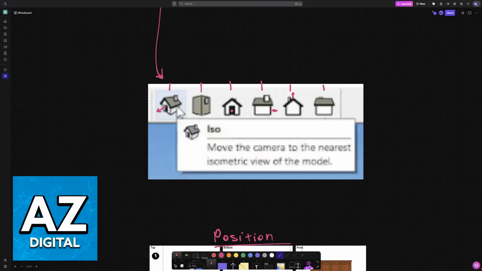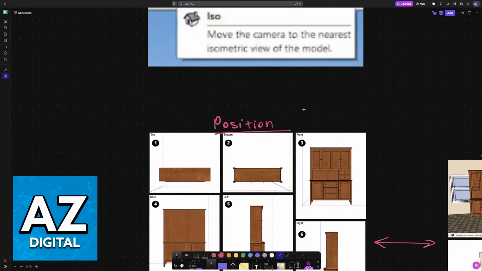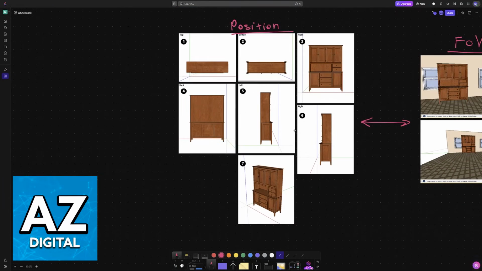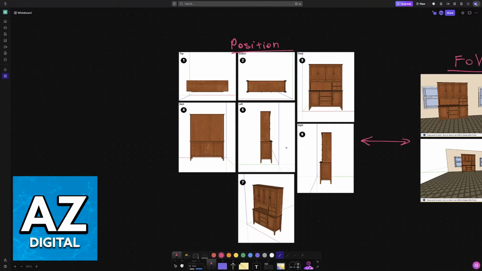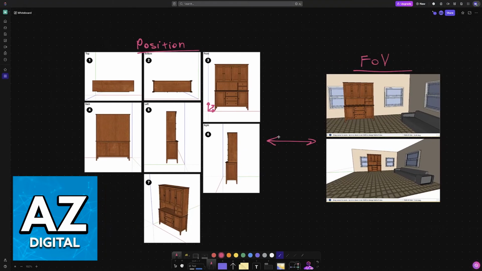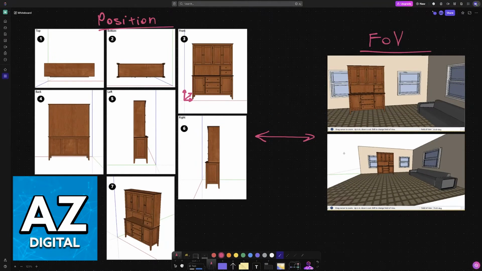Like I said, these presets are just examples. You don't need to use them, but they make it very quick to observe a certain object, and as long as you place it alongside one of these axes here, you can have a very good view of it. You can see it sideways, see if you notice any imperfections, and position it accordingly. Of course, if you drag your cursor, you will be able to manually place your camera.